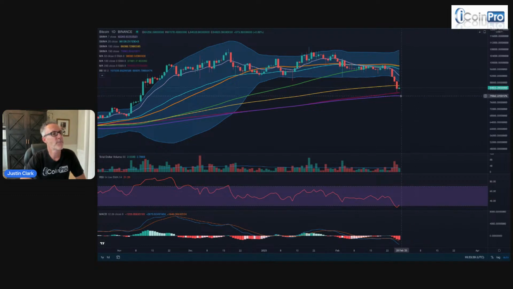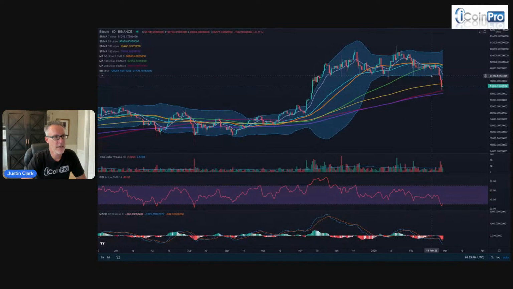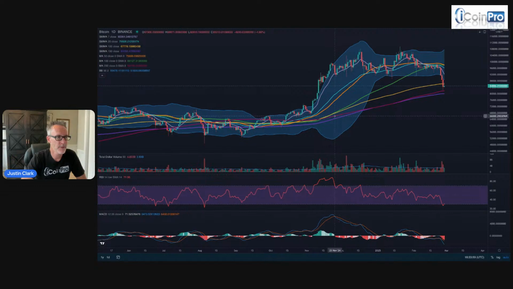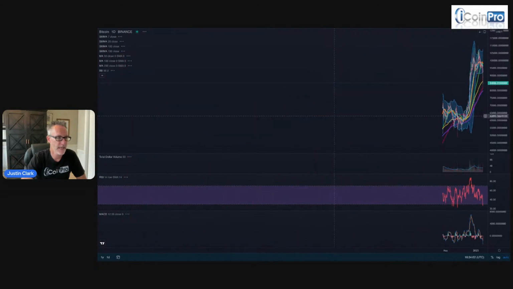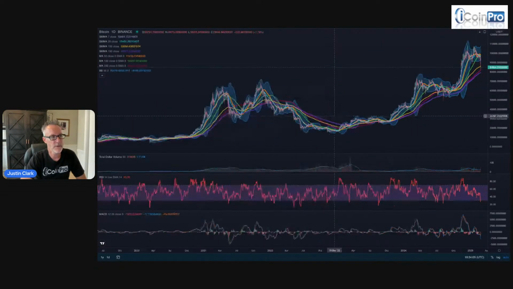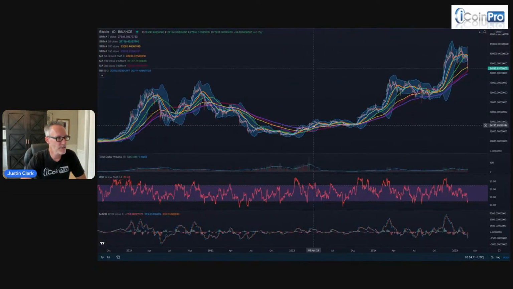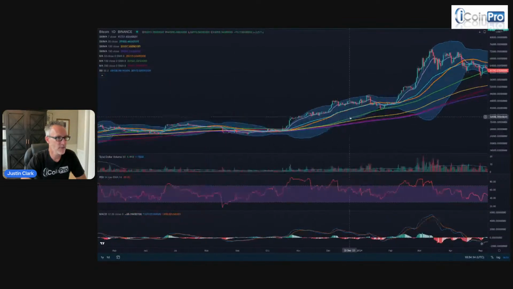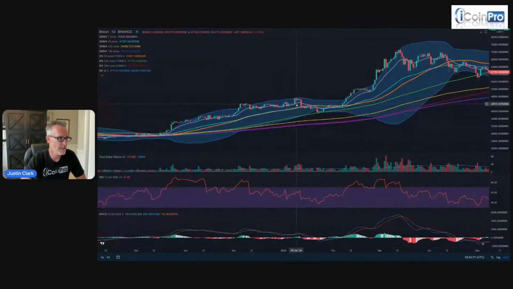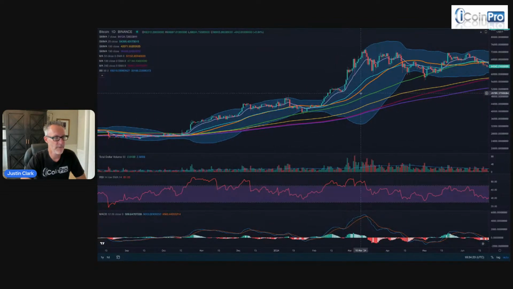These lines here, this purple, maroon, yellow, etc., are called moving averages. They give us an idea of where key resistance or support is. The reason we use these is because other traders use these to determine the moves they're going to make. This shaded area is called a Bollinger Band. We're not going to get into exactly how they're calculated, but we will get into how to use them. When Bitcoin, or any asset, is trading above all of these moving averages, in particular above this light purple one, that means we're potentially in a bullish market and almost definitely not in a bearish market.